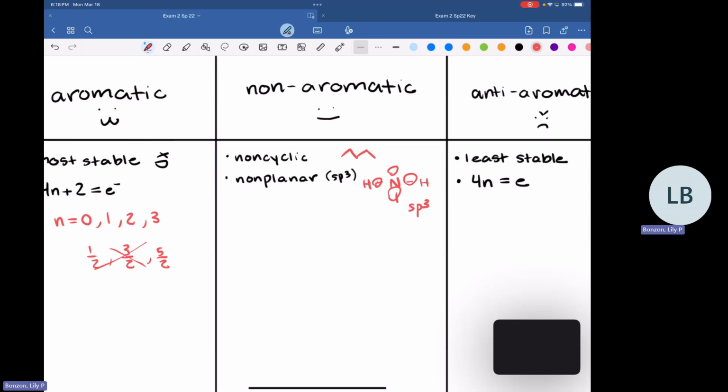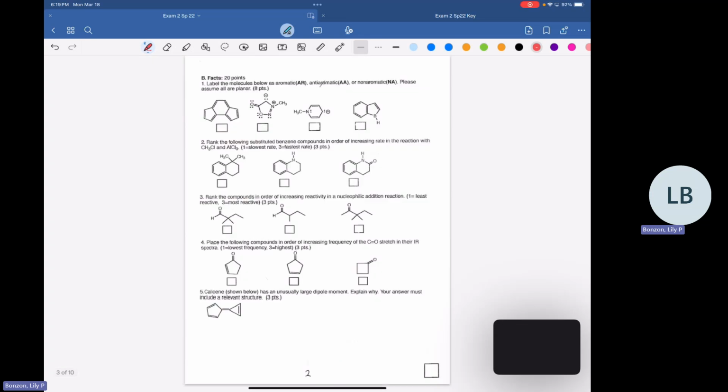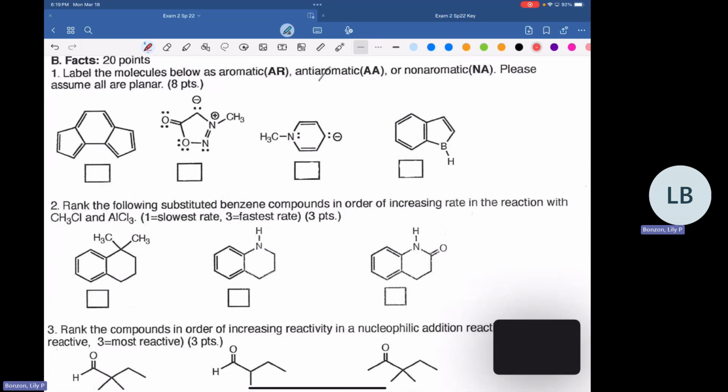And then determining between aromatic, non-aromatic, and anti-aromatic. If a structure can be 2, or usually it's just 1 or 2. For example, if you're looking at a structure that can be aromatic and non-aromatic, you're going to choose the one that gives you the most stability. So if a molecule that we're looking at is going to be aromatic or non-aromatic, we'd go with aromatic because that's more stable. And we can get into the actual questions so we can kind of see that better.